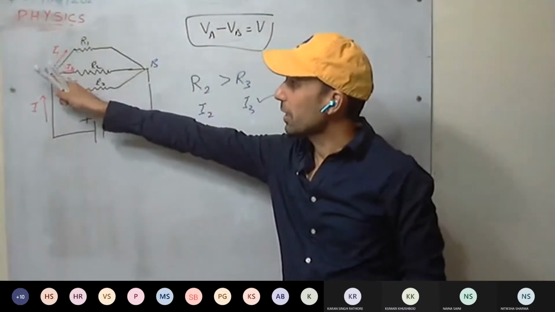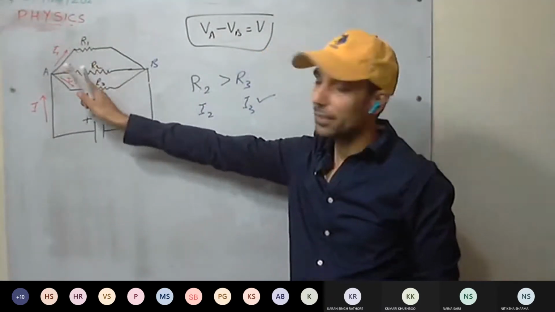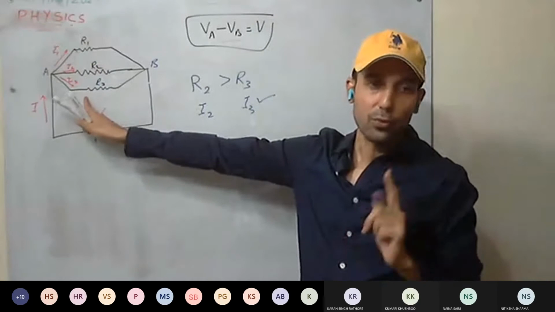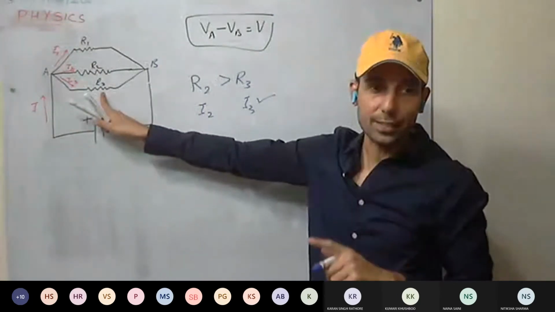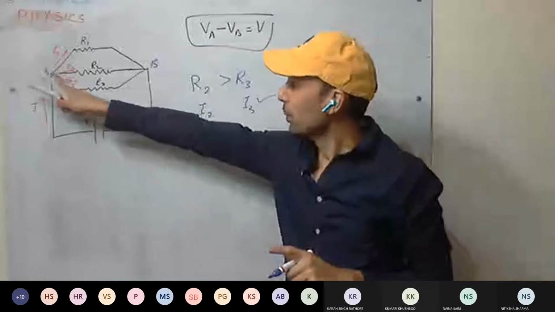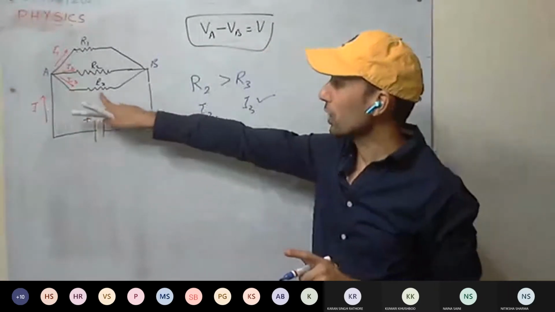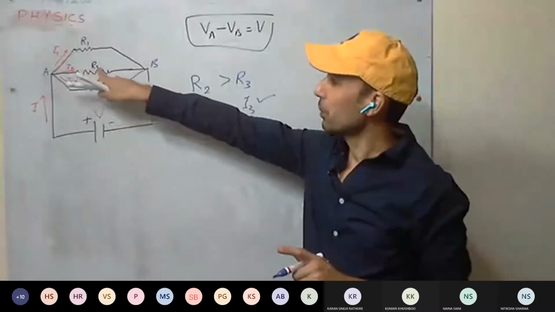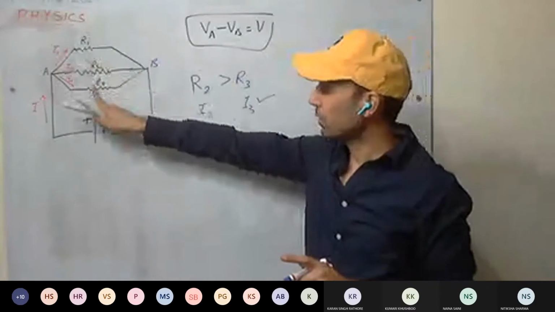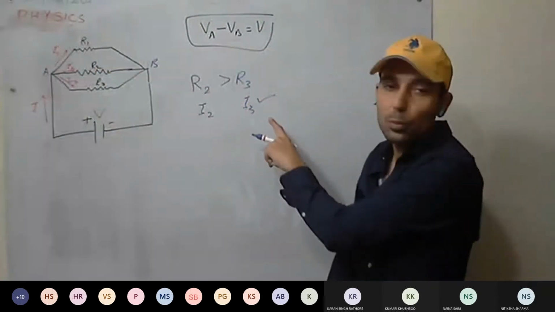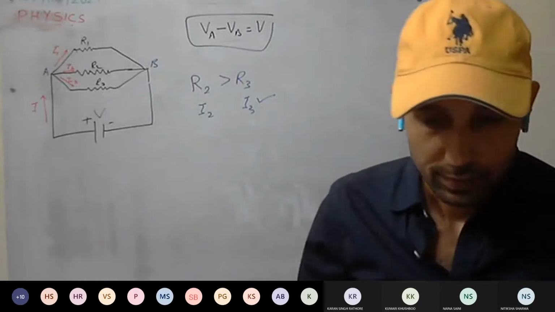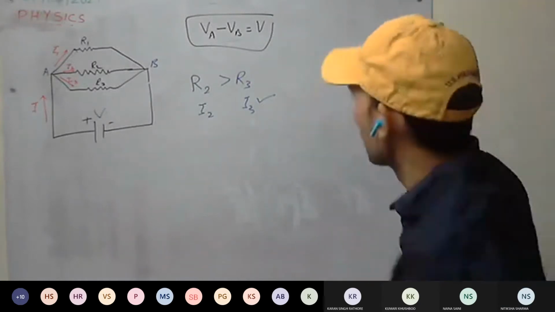So current comes here at this point. Now see that three resistances are there. Current wants to flow through the path which has less resistance. So it will prefer some, most of the current will flow through one, and the rest will flow through the others. Depending on the resistance, the amount of current will flow. Less the resistance, more current will flow. This is clear.